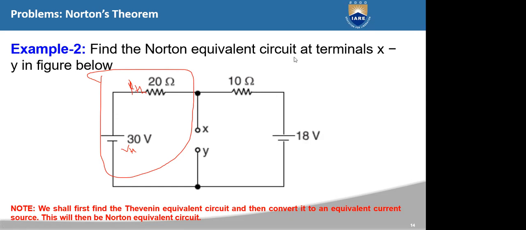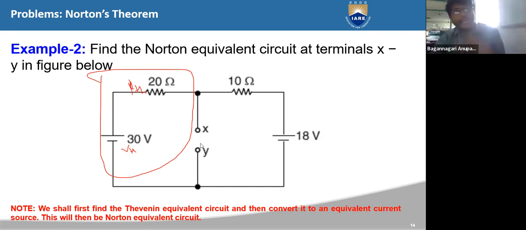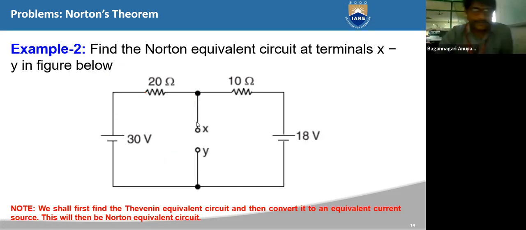So when you are having complexity with circuits, when you can't solve for short circuit currents, the best method is to not go directly for finding Norton's equivalent circuit components, but to find the Thevenin equivalent first. So for this circuit, we can apply the same principle,